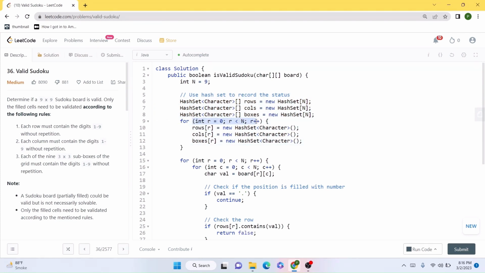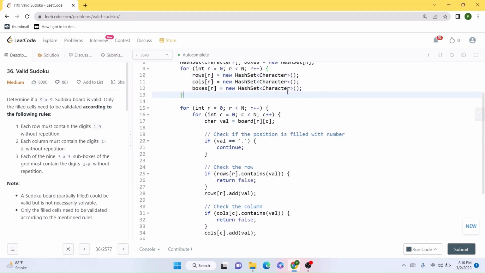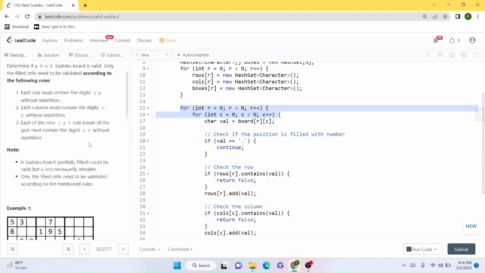So we are going to just iterate over all the values, and we are going to initiate the hash set to accept the character as the input. Now we are going to run two loops. First is to iterate over the row, and second one is to iterate over the column. And using the two inner loops, one inside the other, we would be able to iterate over the given